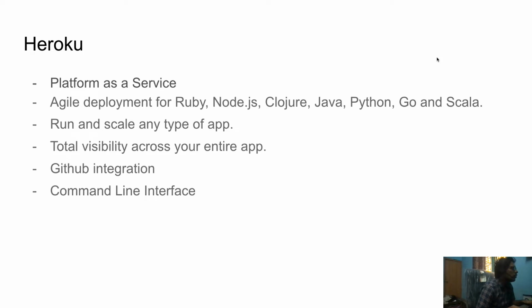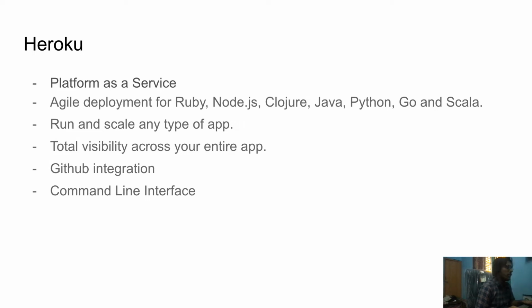Heroku being the most preferred and popular app, it is generally used as a platform as a service. It allows you to deploy machine learning web applications using various backends like Ruby, Node.js, Clojure, Java, Python, Go, and Scala. One main advantage is that Heroku allows you to scale the